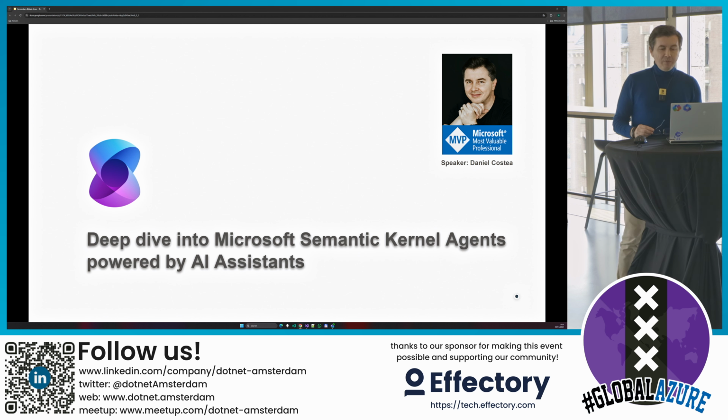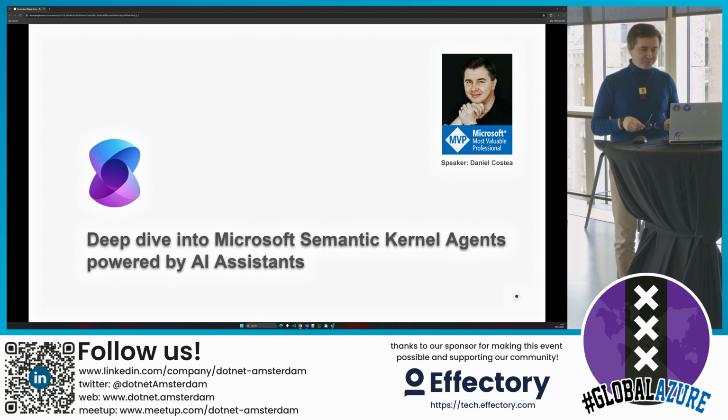And even if this framework is designed for more languages, so if you are a Python or Java developer, you can use Semantic Kernel as well. Today, I will focus on what I know best, it's .NET. But keep in mind, you can do more or less the same thing, because they are not quite synchronized, or not all the features are aligned across these frameworks, but more or less you can do the same thing.